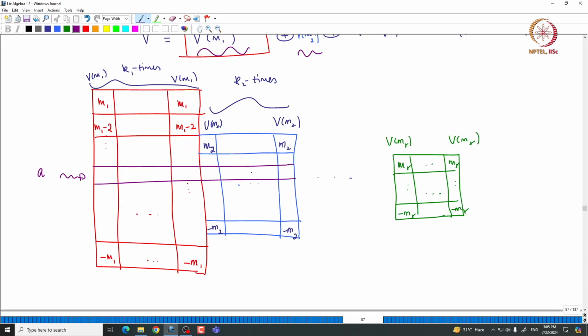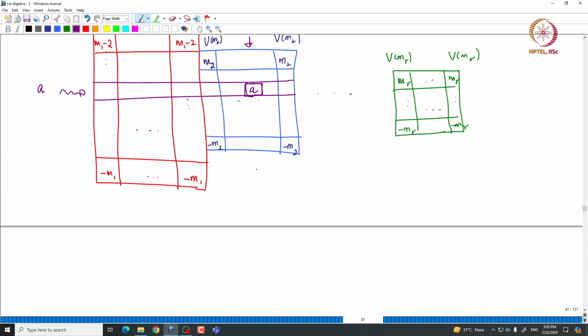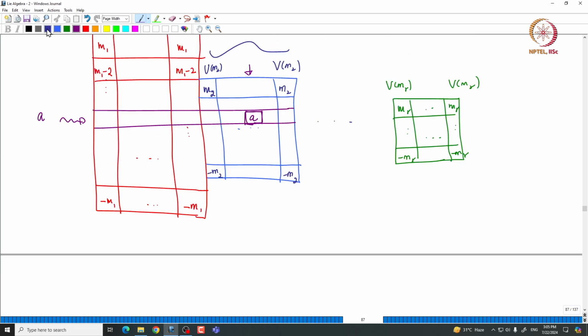So, now if I fix one of those things, let us say one square like this, where this A appears. Okay. So, that summand V m_i is going to contribute one dimension towards the dimension of V A. So, that means what will be the dimension of V A? If you just think about it, it is very clear that the dimension of V A, where A is just one of the H weights, is going to be exactly equal to